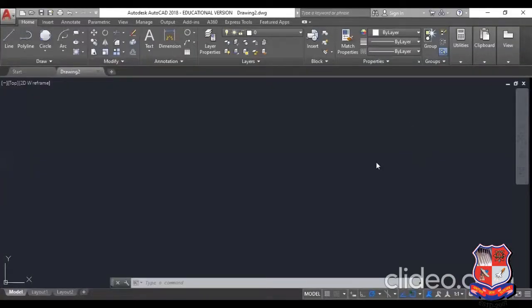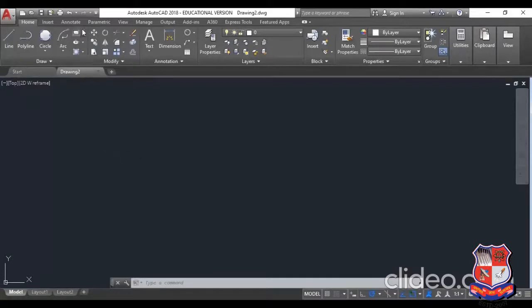Hello friends, myself Kavit Nirishana and I'm from Mechanical Department from SN Patel Institute of Technology and Research Center, Umrah, Badwali. Now today we will see the topic on basic drawing commands of polygon. This is polygon and ellipse and some modification command from this modification. Previously in the last lecture we have seen line, polyline, circle, arc and rectangle command. So now let us start with the ellipse command, polygon command.